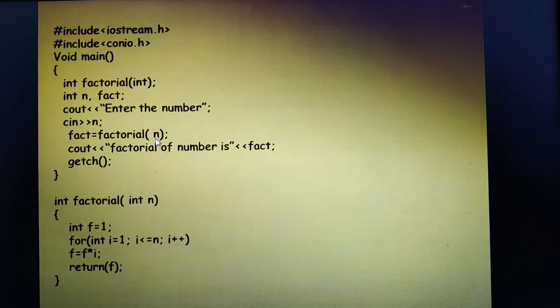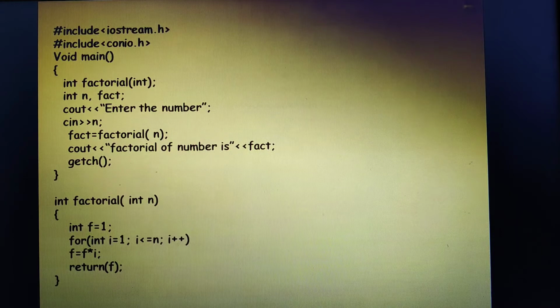Now this step is actually a function call. When the compiler encounters this particular line, it makes a jump right from your main function to the subprogram, executes these series of instructions, and after it executes, it returns the value back to where I'm storing its returned value in a variable known as fact. In the next step I'm printing the factorial of the given number. I'm printing the variable fact, because fact consists of the value 120, and finally getch. Now this is how functions are actually implemented in a program.